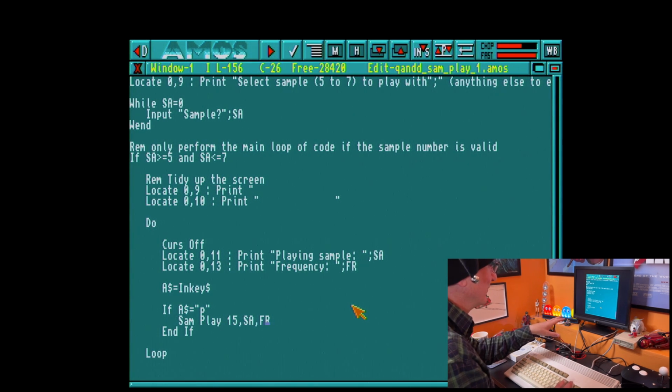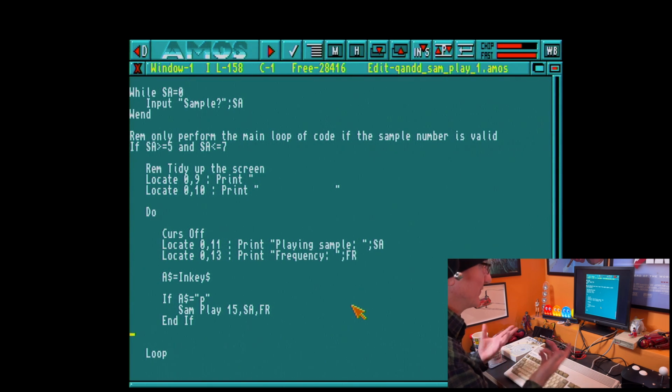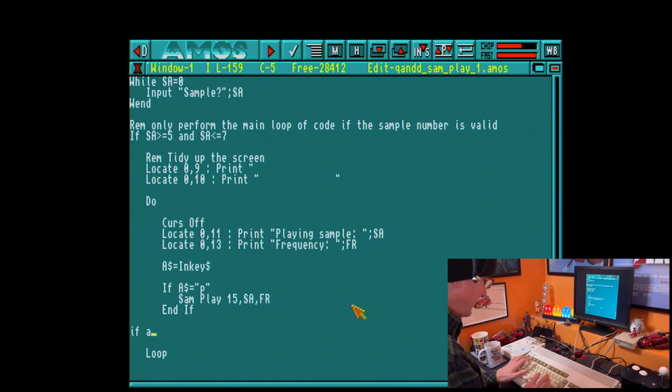This is where those variables are going to come into play: the sample number and the frequency number. So that is just if someone presses P, it will play whatever sample has been selected. So the next one then, if A$